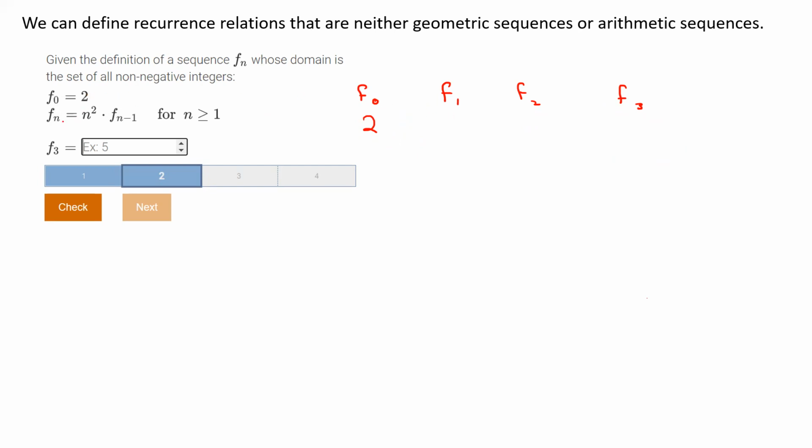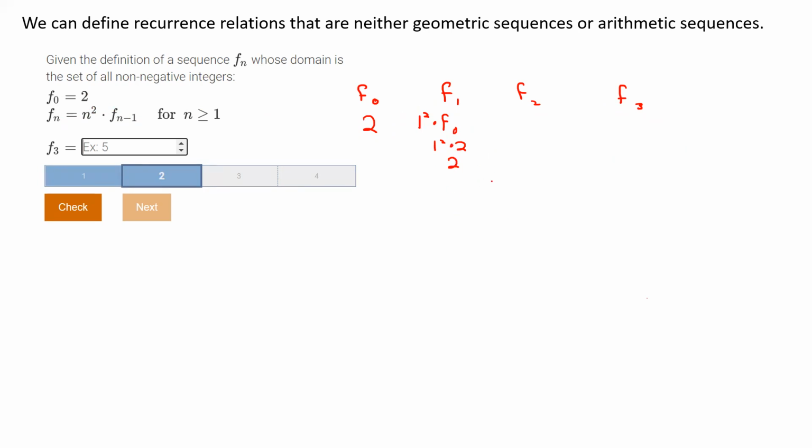Well, F1 is going to be 1 squared times F0, right? Because 1 minus 1 is 0. So it's going to be 1 squared times F sub 0. And so that's going to be 1 squared times that previous term of 2. So the answer for F1 would be a 2,